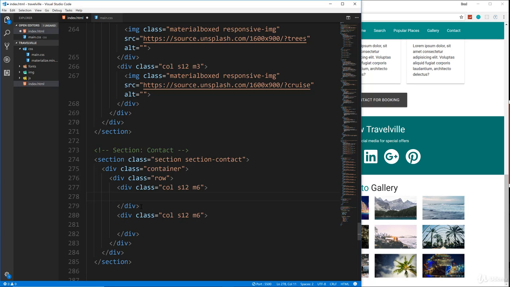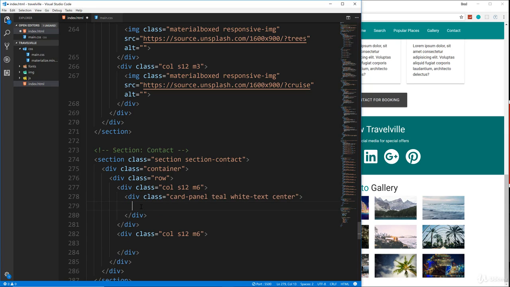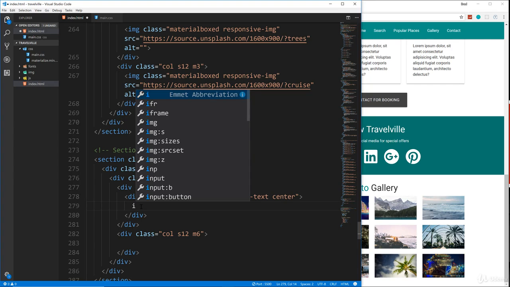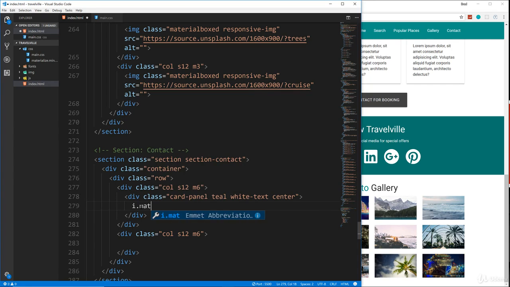One is going to just have some text. One is going to have the location with a collection item or a collection list. So for this, let's do a card panel. So we'll say card-panel class, and then I'm also going to make it teal. Let's give it white text, and let's also make it center. And then within here, I want to have an email icon, so it'll be an I tag with the class of